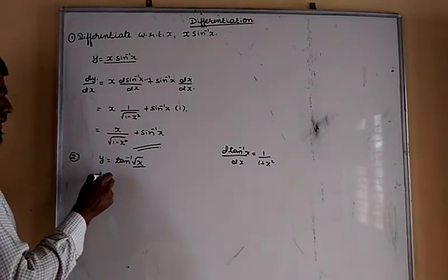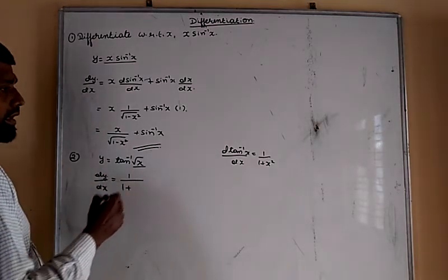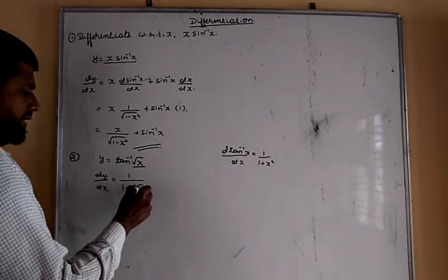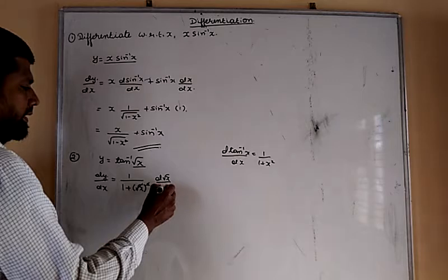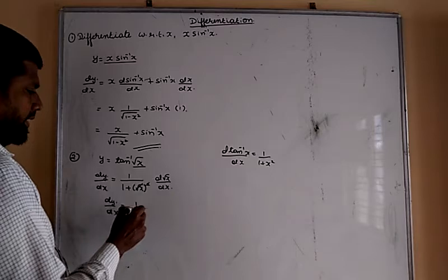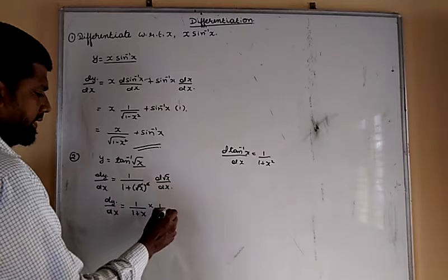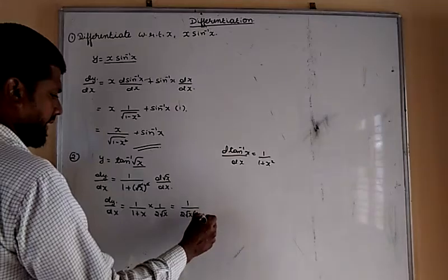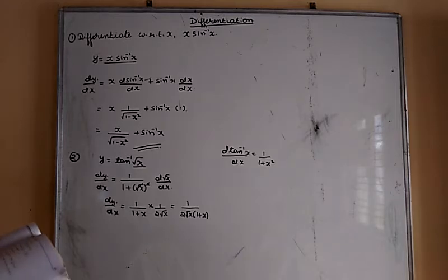Okay, so differentiate with respect to x. Tan inverse x means 1 by 1 plus x square. Okay, in the place of x, root x is there, so square root gets cancelled. Again differentiation of root x is there. Okay, then differentiation of y with respect to x is equal to 1 by 1 plus x. Then differentiation of root x is 1 by 2 root x. Then we can write 1 by 2 root x into 1 plus x. Okay, take down the next question.